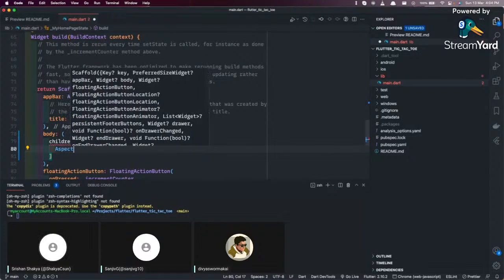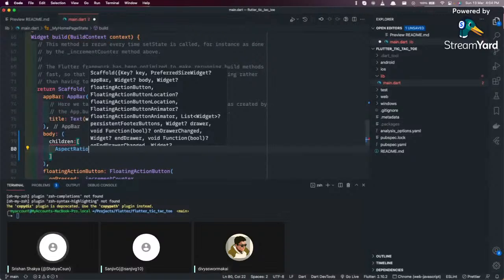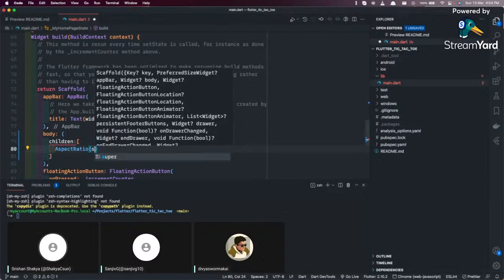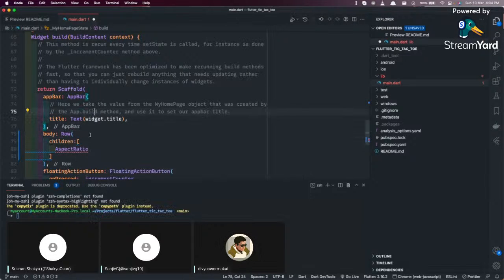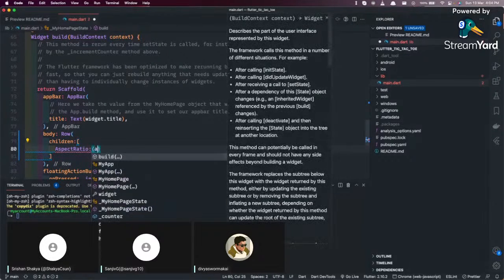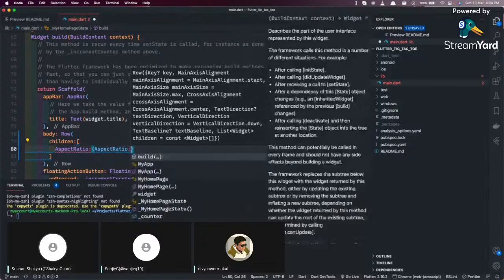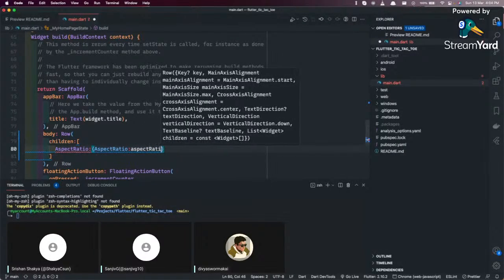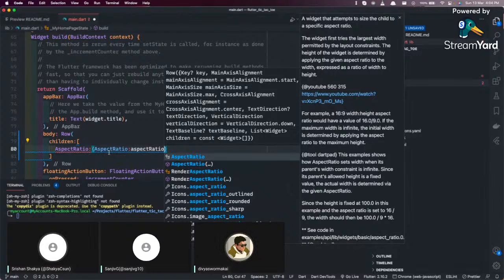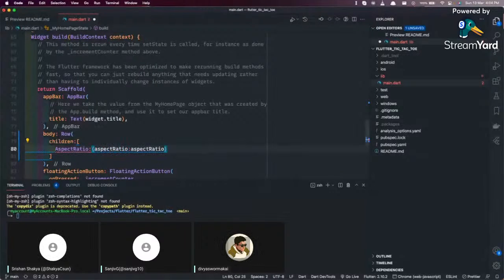In Flutter, if you don't know, everything is a widget, and you have already missed some key things. Maybe I should do it. Okay. You might have a hard time following along with the video. I'll just try and explain as much as possible. That would work better for you and me as well.